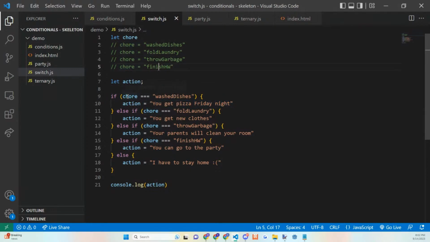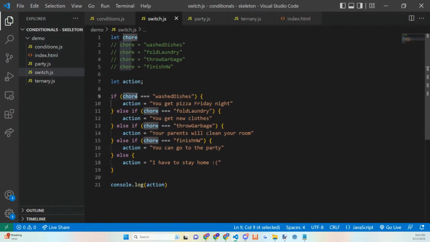So we can see that the chore variable can confirm the value of it if it's equal to another string, right? By checking the triple equal sign. So the triple equal sign is comparing two values. The single equal sign is taking a variable and setting it to a new value. So that is a distinction between these two operators.